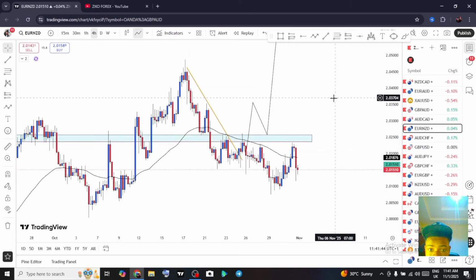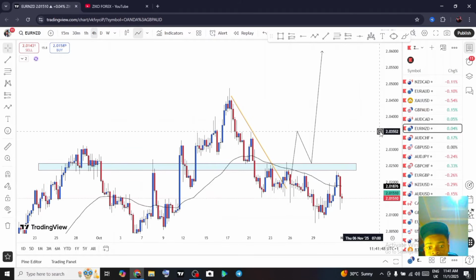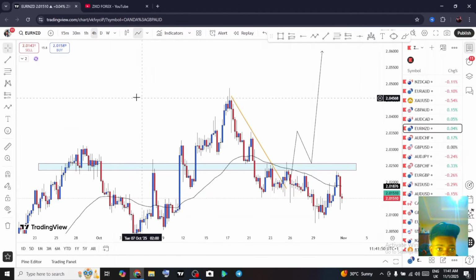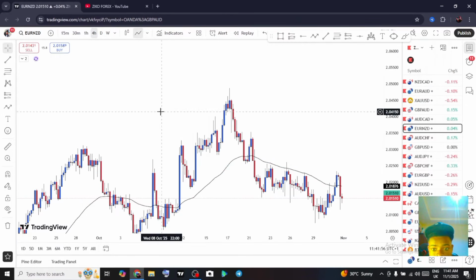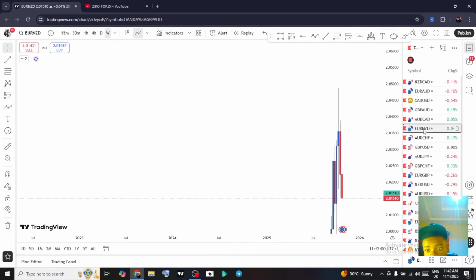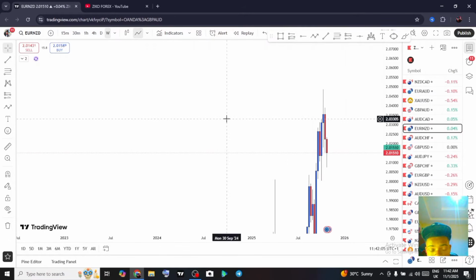Euro NZD, next pair. Euro NZD. Let us analyze this pair again. Or should we delete everything? Let's delete everything. Alright, so weekly time frame, let's see. Weekly time frame is bullish. Right, weekly time frame is bullish. Daily time frame